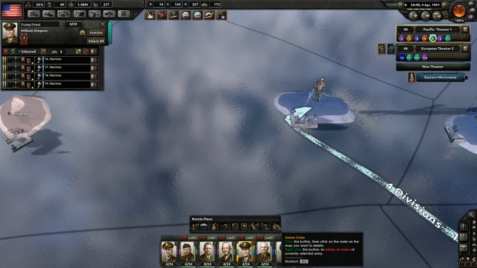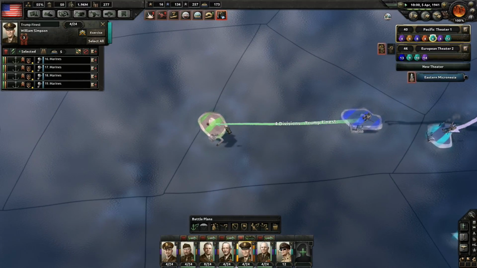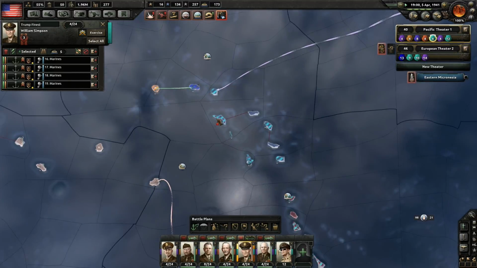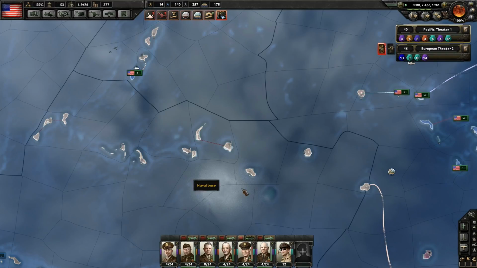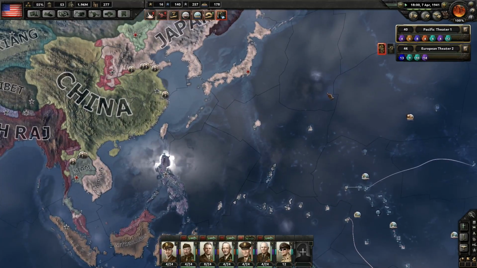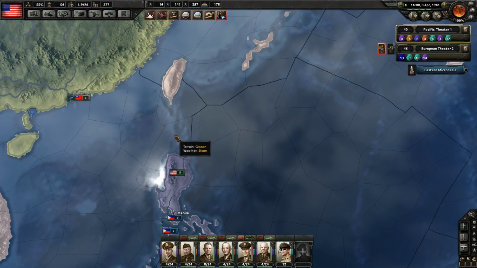So, these guys can take that one. So then we'll have all of the Marshall Islands under our control. We're going to go for these next islands here. The Caroline Islands, I think. So we'll have to push on those. And then we're going to... I should actually, I don't have that, I have too much Navy. I need to actually, oh,